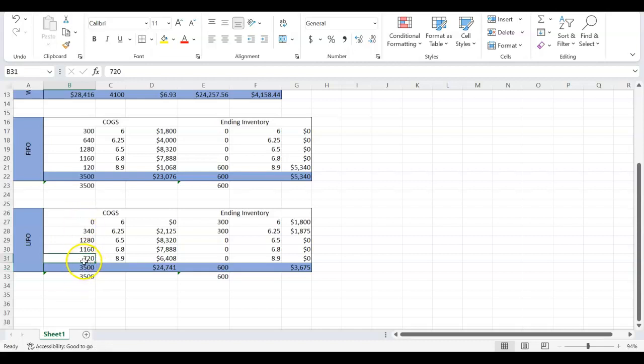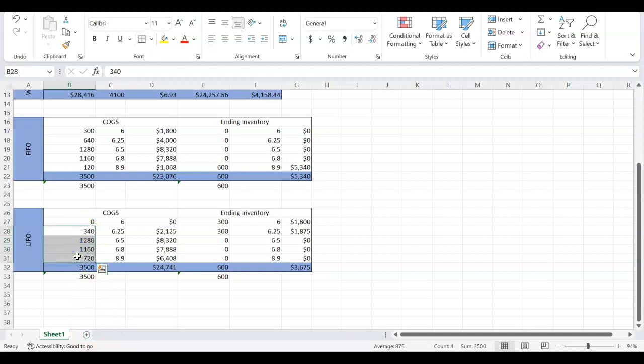So I put in here, because we had 3,500, we know we sold 720. We know we sold 1,160, and that still didn't quite reach 35,000. So we went ahead and put 1,280, and right here,